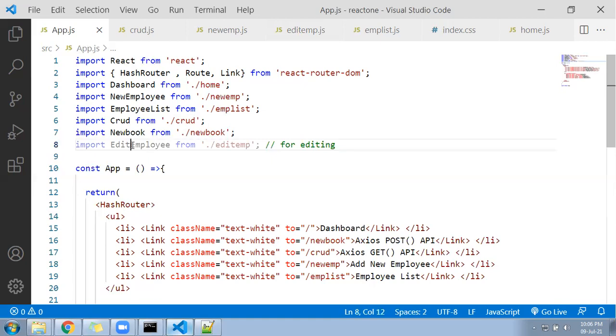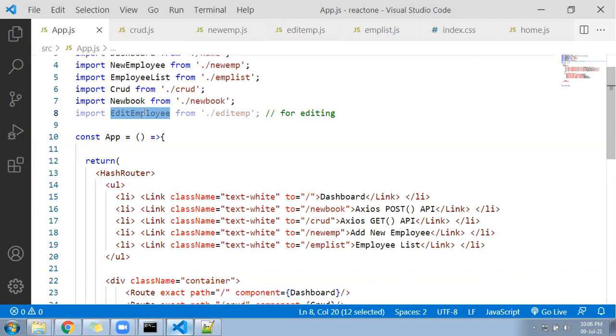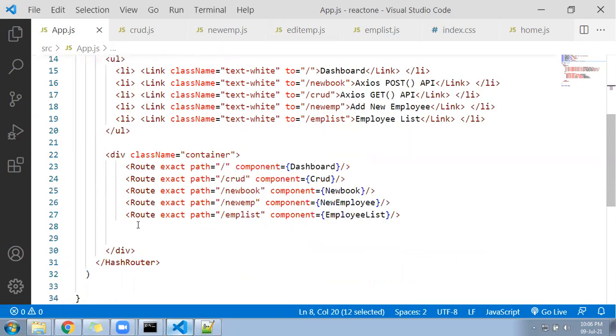Now this component I will be adding under the routing. So I'll come down. You can import this component here and come down. You must add it under the routing, then only you can go to the edit page.